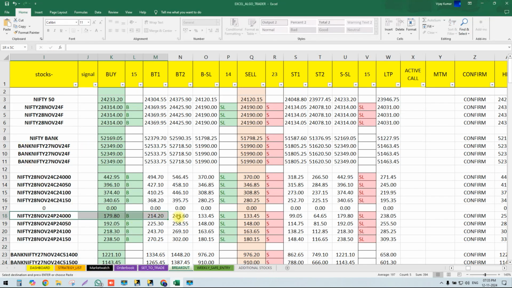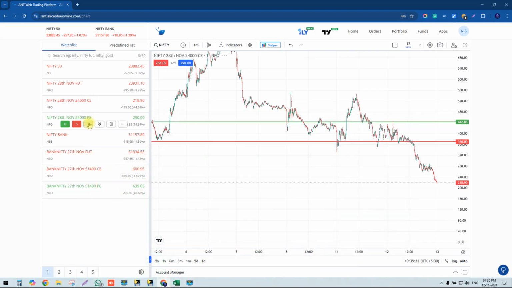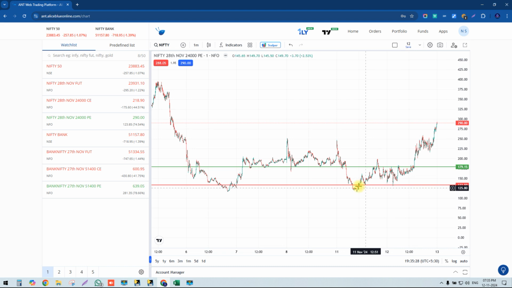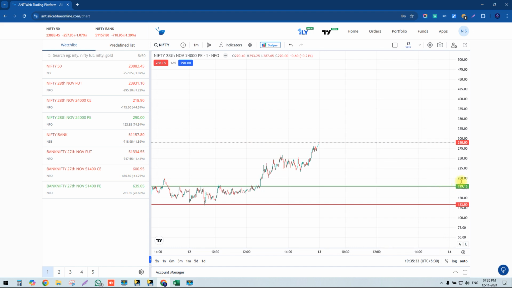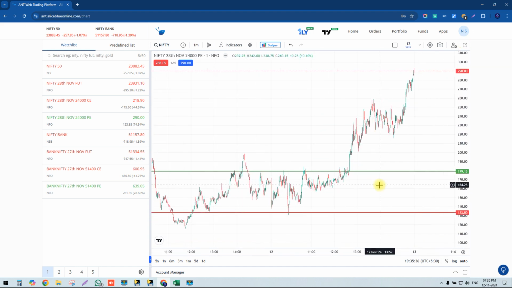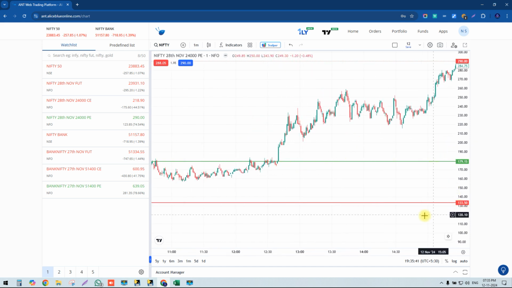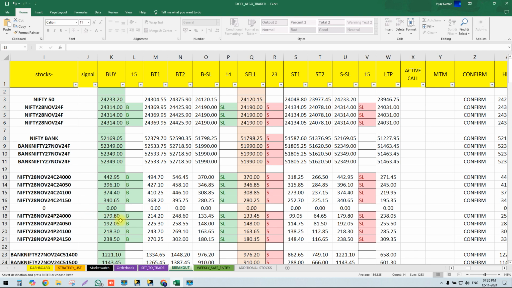Here in Nifty put option, buy generated 179 and sell was generated at 133. We'll open the chart of Nifty put option, and as you can see here, this is Nifty put option, strike price 24,000, and I'll show you here Nifty 179 buy